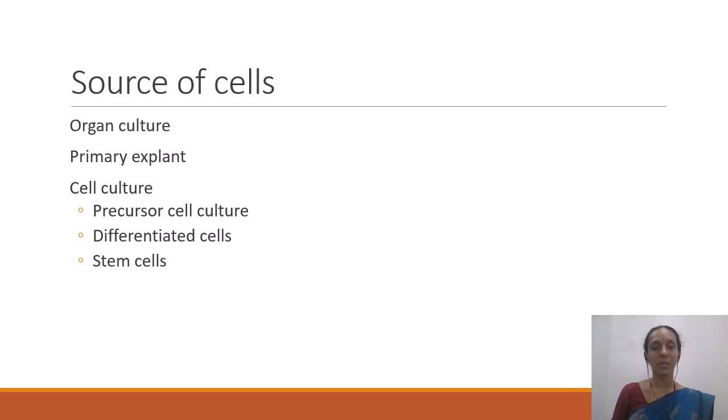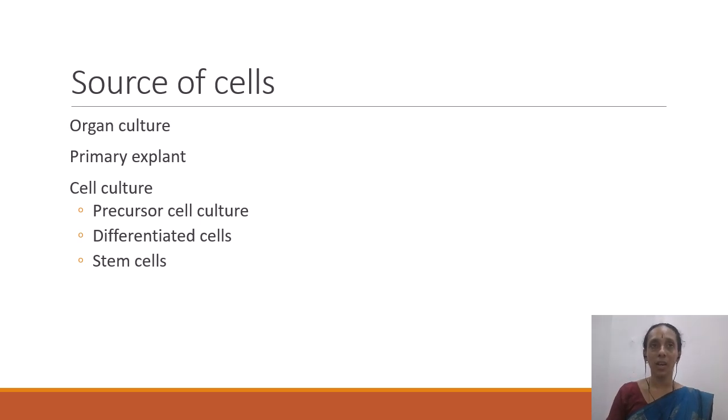Cell culture is basically the cells that we collect from organs or primary explant, and we maintain them as a single cell status, either in an adherent form or suspended form. The cells that we are culturing in cell cultures can be of three types: precursor cell culture, differentiated cells, or stem cells. When we say precursor cell culture, we are talking about cells that have been sourced, and they can